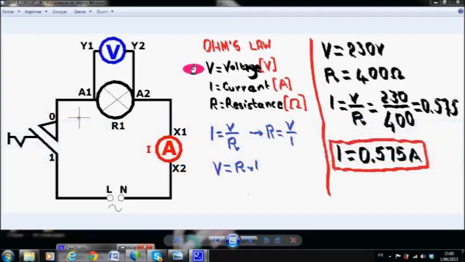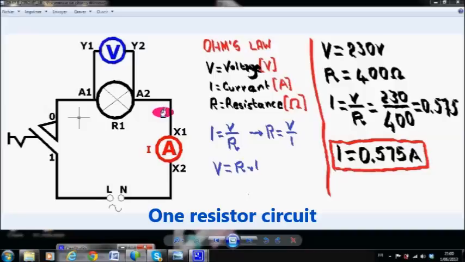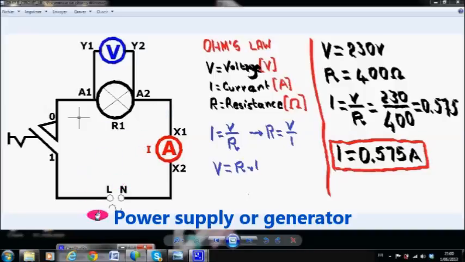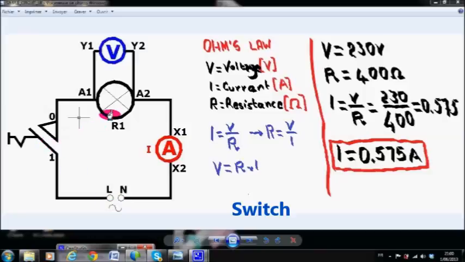Series resistor and Ohm's law. So let's start with this simple circuit. What's going on in this circuit? You get our power supply, you get our switch, our light bulb, and two